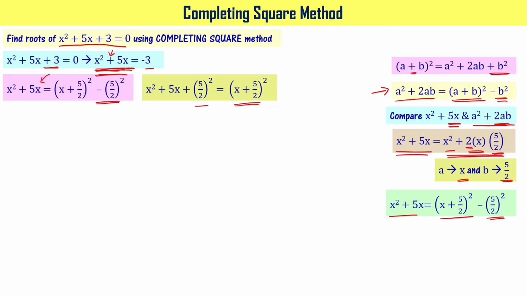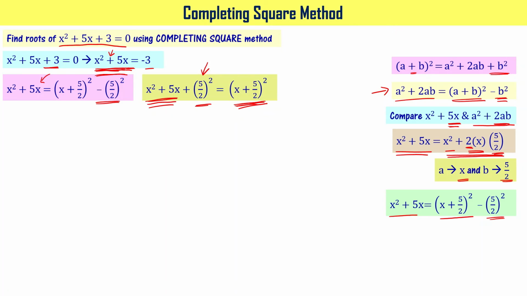When you observe this, you can say that by adding 5 by 2 whole square to x square plus 5x, we could convert that to x plus 5 by 2 whole square, which is a complete square. Understood? By adding 5 by 2 whole square to x square plus 5x, we could convert x square plus 5x into a complete square,